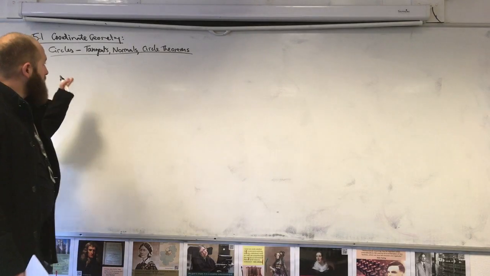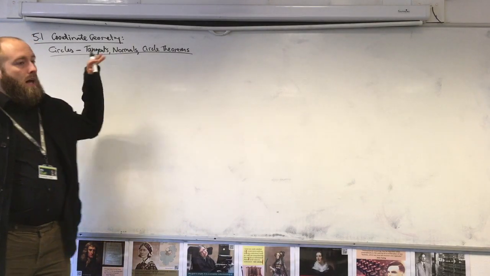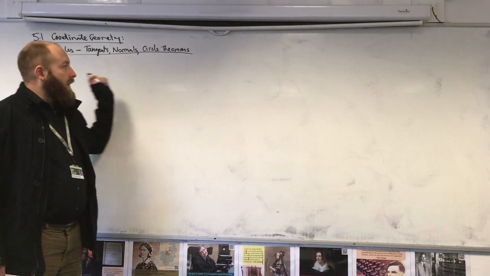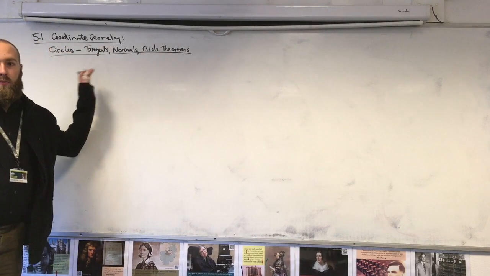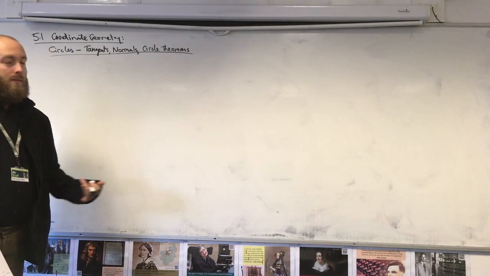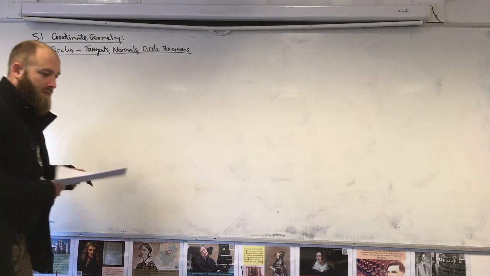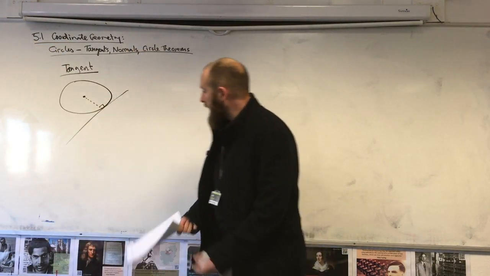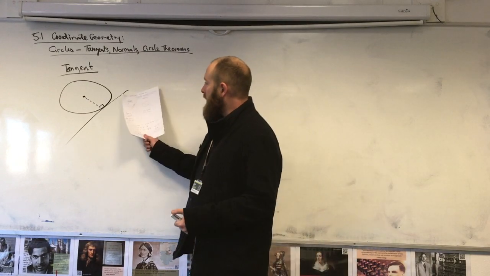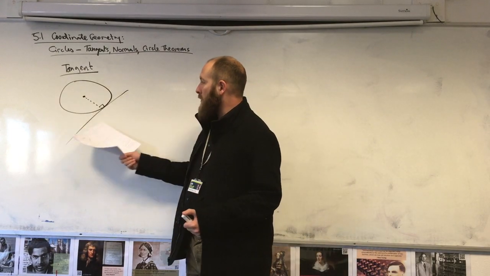So we're looking at the rest of circles today: tangents, normals, and circle theorems. Tangents and normals link in with parallel lines and perpendicular lines, and then we'll look at some circle theorem stuff. So first of all, the tangent to the circle is the line that touches the circle in one place